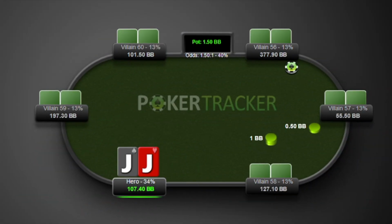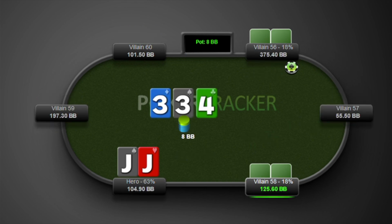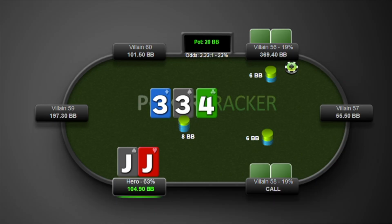So Lewis raises pocket jacks under the gun, gets called by the button and by the big blind. Flop is 4-3-3. I'm totally on board with a check because we're monkey in the middle, and even though we have an overpair, we have to tread carefully. Now the villain on the button makes it 6 big blinds. The other villain calls, and I think we have a mandatory call. They could be doing this with all sorts of things,